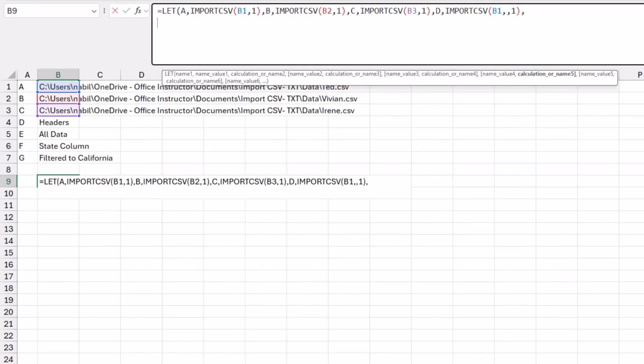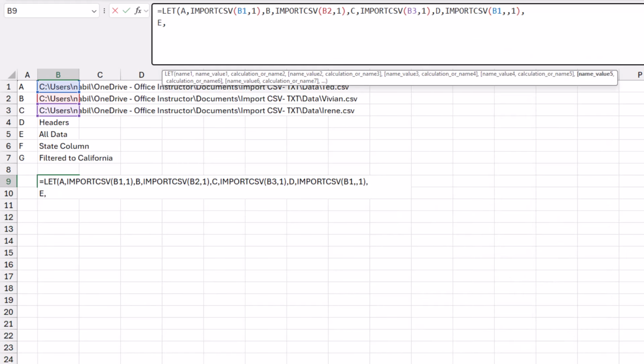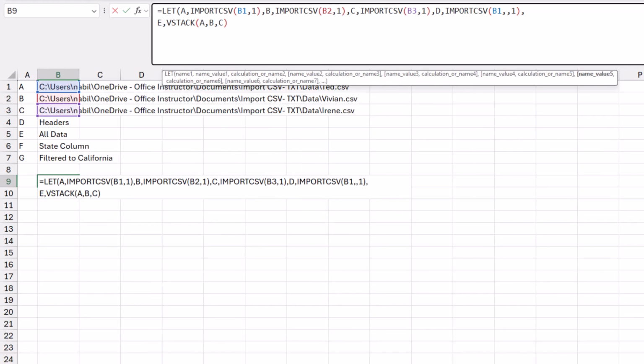Now I want to create another variable. I will call it E, and E will be combining all the records from the 3 files. Then I use a VSTACK function. I want to stack the 3 variables, A, B, C. I close the bracket for the VSTACK function, and then I want to create one more variable, and I will